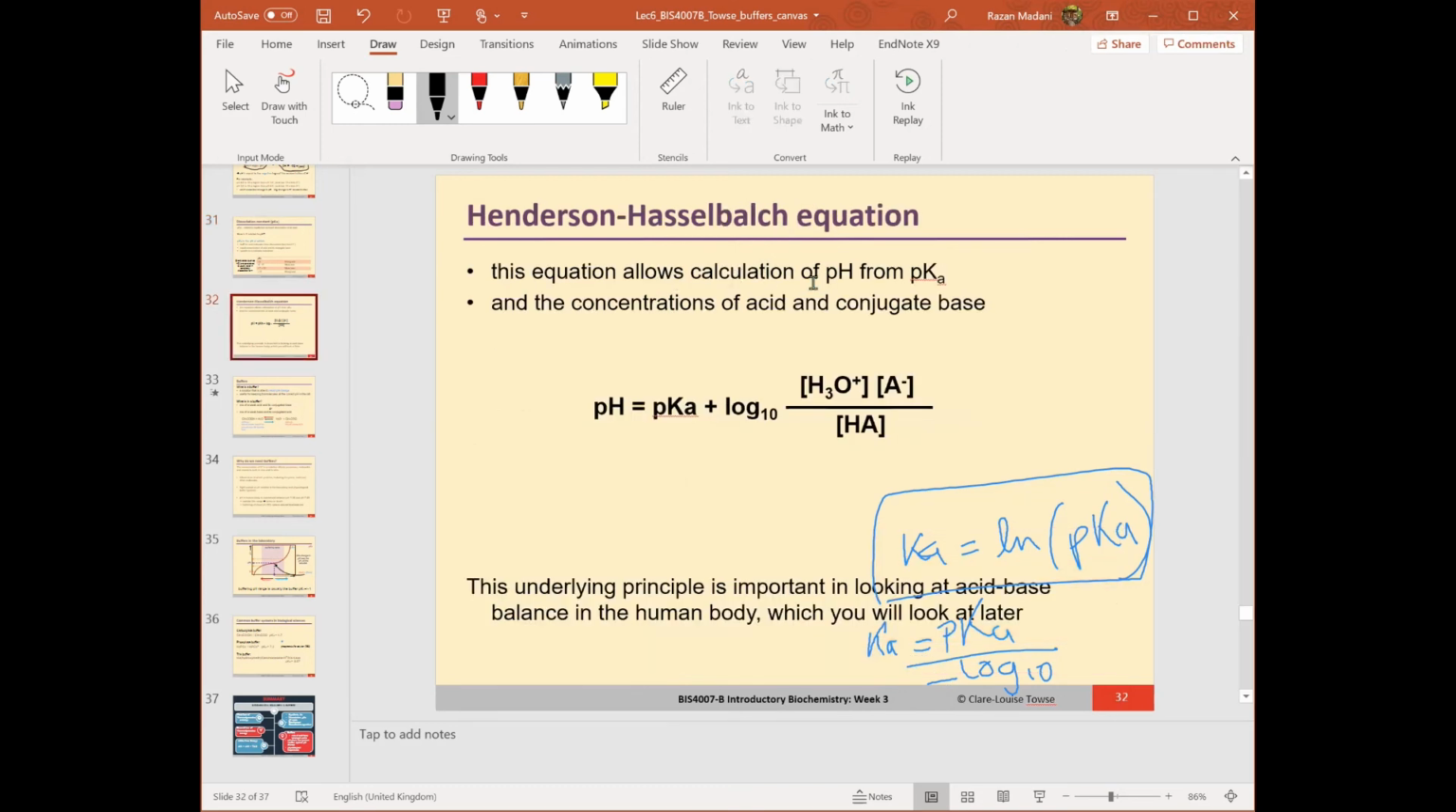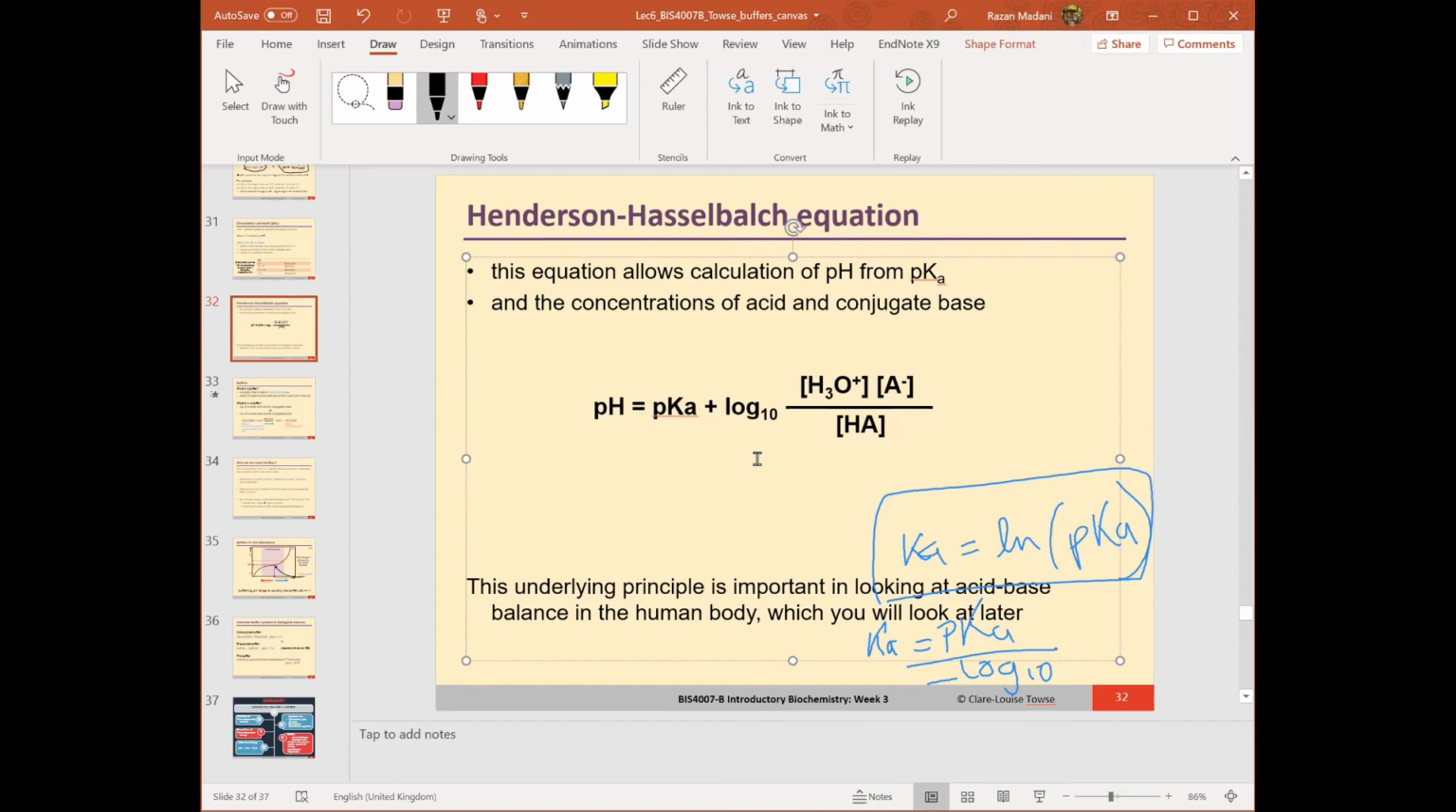This equation allows calculation of pH from pKa and the concentration of acid and conjugate base. So most of these equations, as you know, you can manipulate to make something the subject. You can copy it down. This one is also like our first equation about